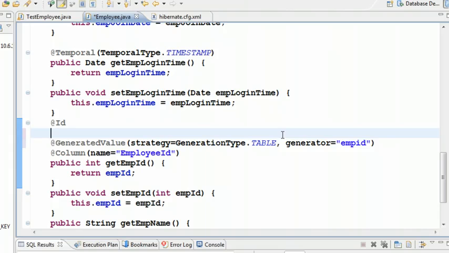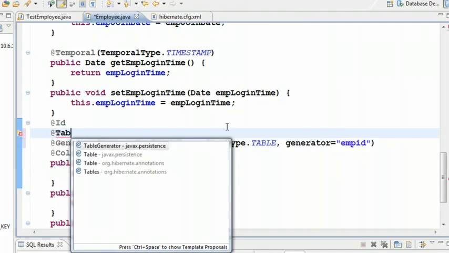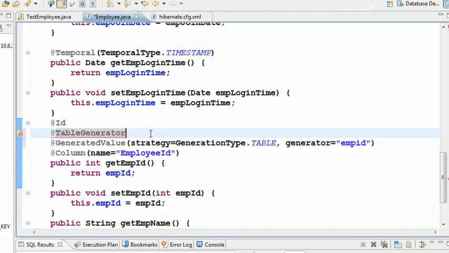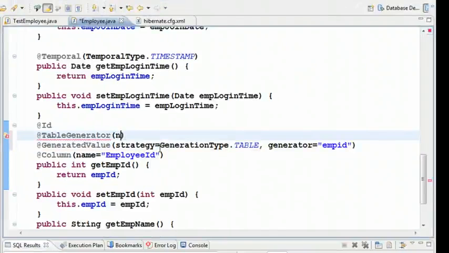You have to give another annotation called table generator. Give another annotation called table generator, and now whatever generator name you gave here, you will have to give it here too. It has this property called name, and the name I gave here is employee ID, so I'll give the name right here,